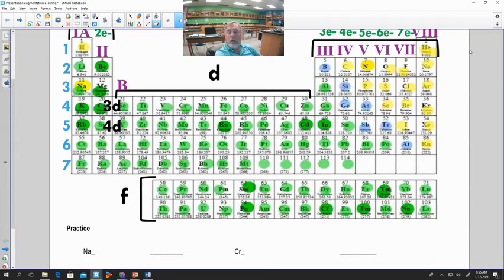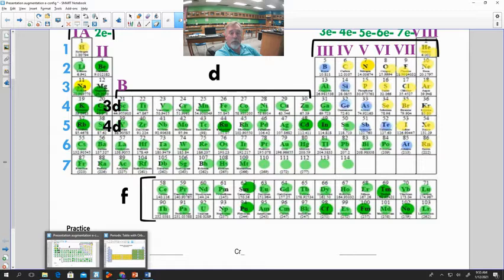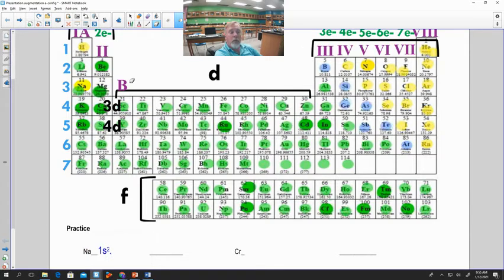1s1, 1s2. So we have our beginning here, 1s2. We finished our first row, our first period on our periodic table. So like a book, we're going to come down to the second line. What do we have here? This is level 2, this is our S. So we're going to have our 2s. There's your 1 and your 2 for your lithium and your beryllium. So we have 2s2.